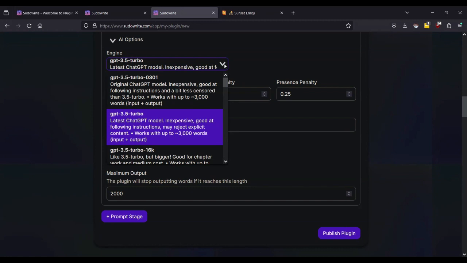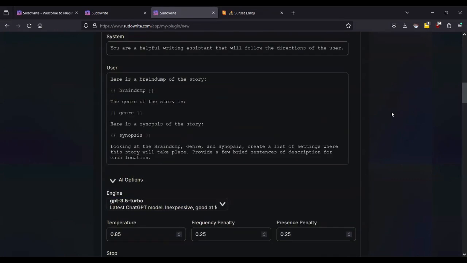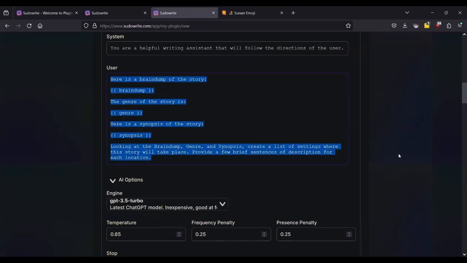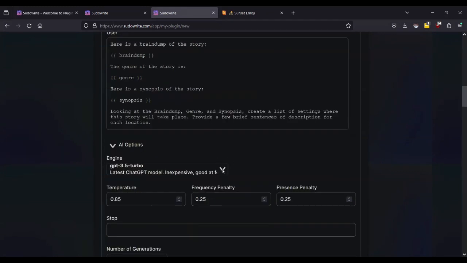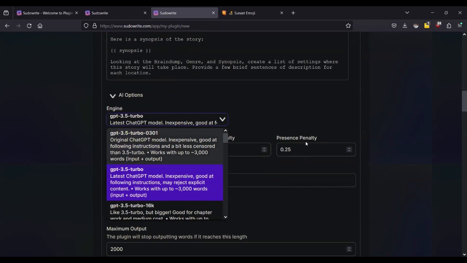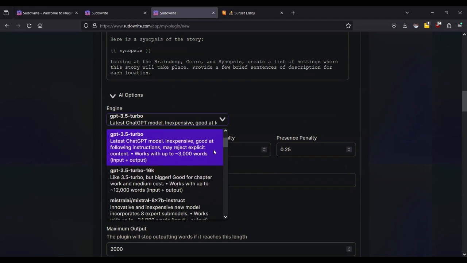But you have to also take into account that this number of words allowed for input and output, the input also includes all of the words you use in the instructions here for system and user. Those all count when it totals up how many credits you're going to use. So I think we might want, I'd like to see maybe more than 5 locations. So I think I want something with a little more context here. So I'm going to pick